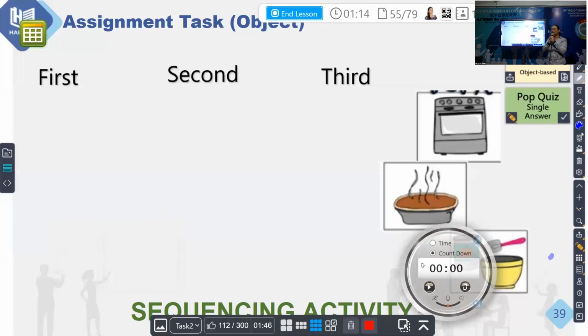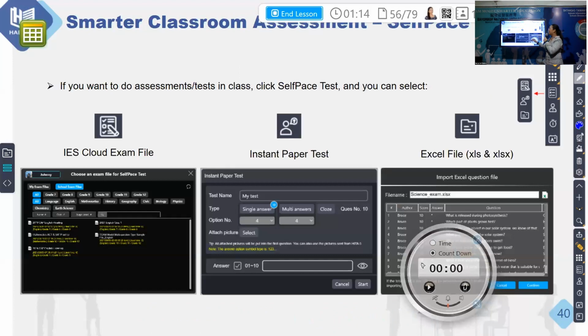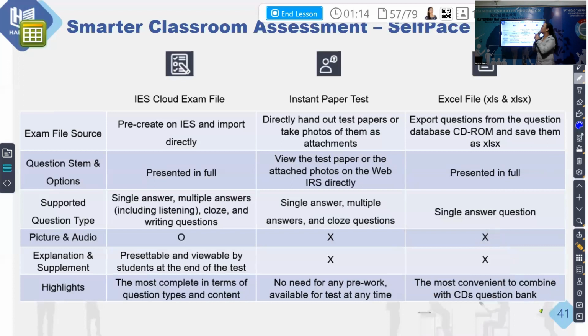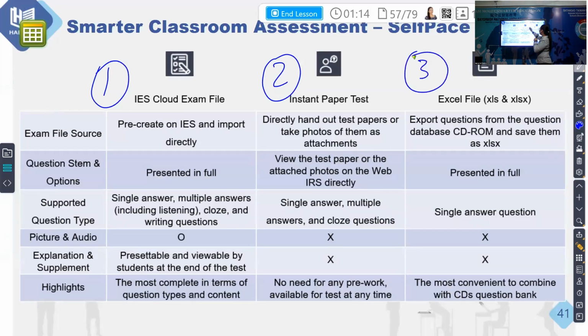Okay. So right now, when we discuss the four asynchronous activities, like I have told you, evaluation, of course, comes last, right? Now, this HiTeach system also allows you to give an evaluation activity to your students. So this is the assessment or self-paced test. We actually have three different assessment tests. The first one is the IS Cloud exam file. The second one is the instant paper test. And the third one is the Excel file where you can do